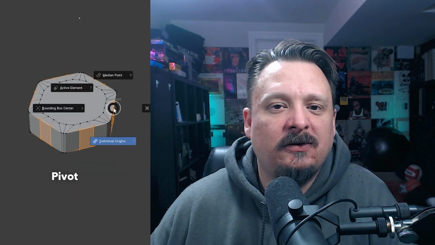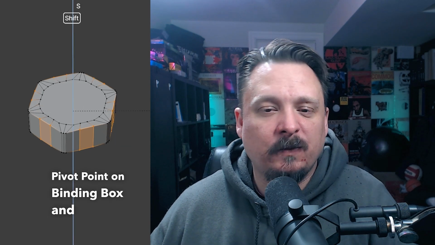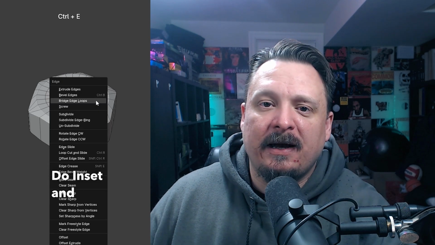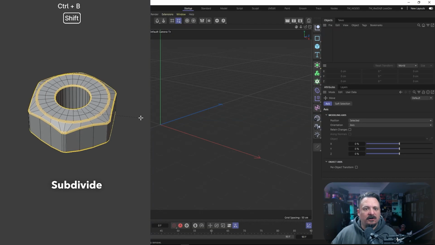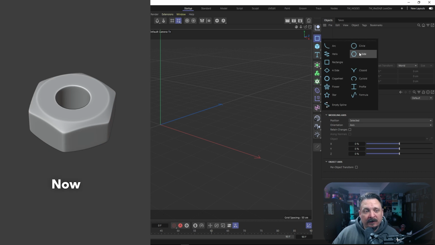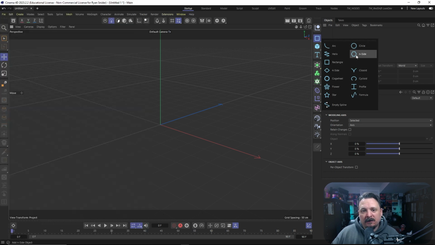They were showing how to model some nuts and bolts, well, just the nut inside of Blender. And I thought this might be a cool practice to try out inside of Cinema 4D. Show how maybe we would tackle this here. Now, I'm going to do mine in real time, and it might go a little bit fast, but I'll explain